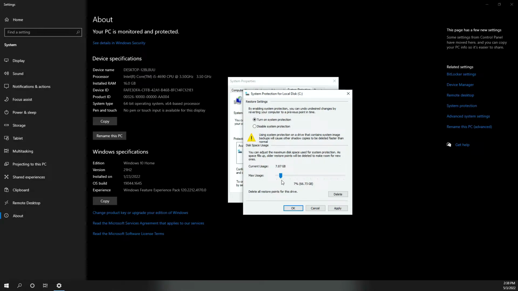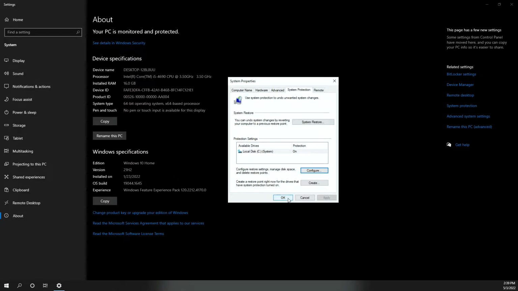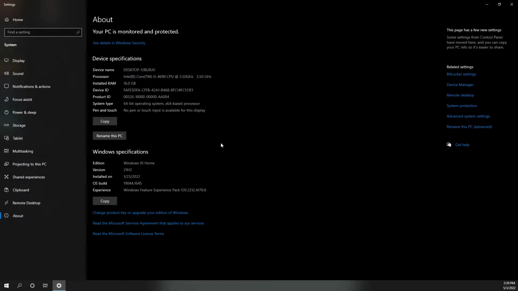The next thing we want to do is adjust the percentage of hard disk space or SSD space, depending on what you have in your system, that's available to be used for restoration. This is going to be a combination of system restore points and your volume shadow copy data. So I do recommend somewhere between 5 and 10% of your storage space. This is totally up to you though. Once you set this slider right about where you want it, go ahead and hit OK. Then hit OK again.